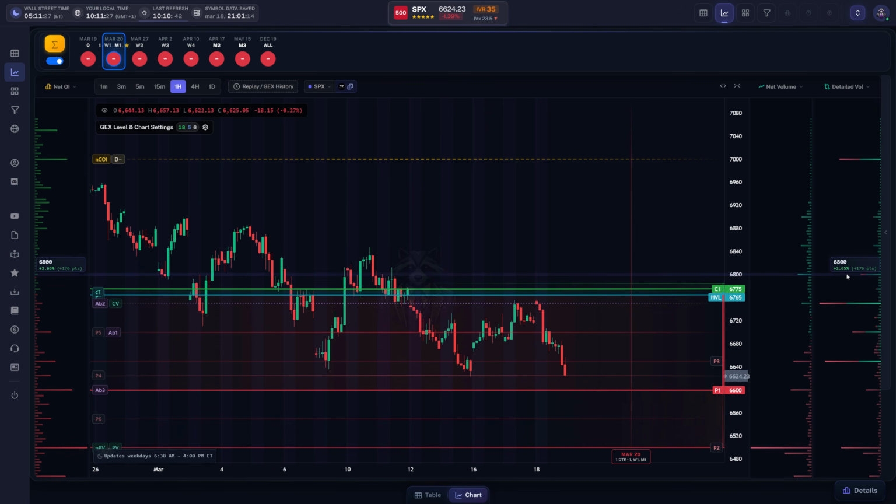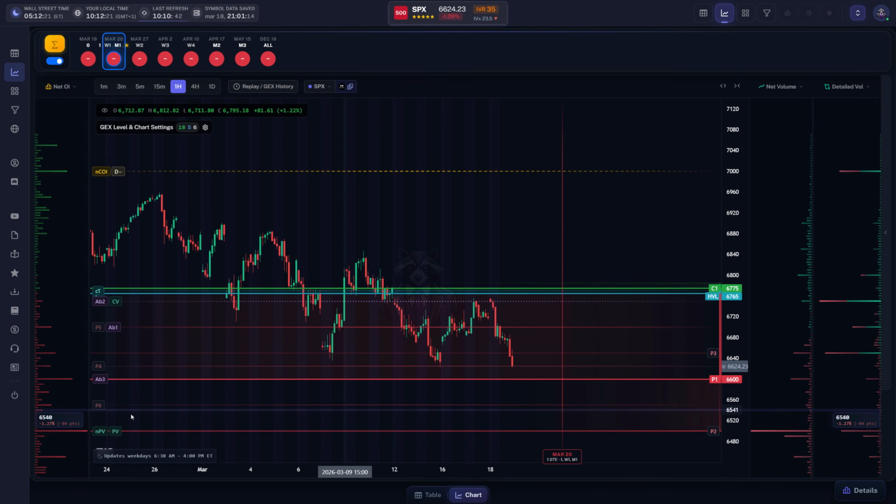And you also see by looking at the detailed volume and also the net volume. The highest net put volume and single put volume was down here. The net volume also shows you this, and the detailed volume. So the biggest activity was at 6,500. So probably the market participants bought a lot of protective puts on the downside because the market was very